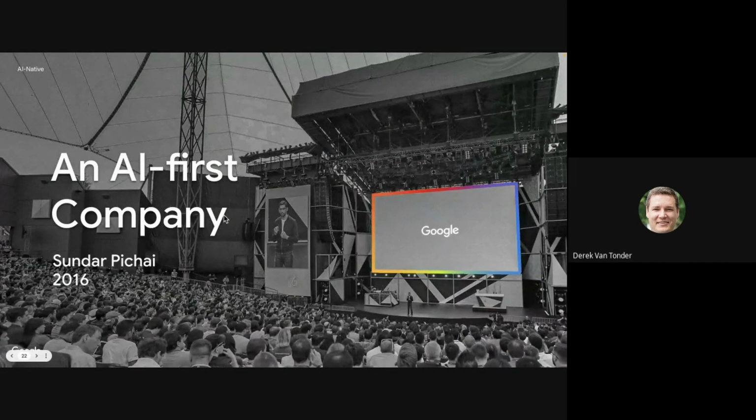Sundar declared Google is an AI-first company back in 2016, when mobile was still thriving. Because AI was powering all the products that you love and use every day. AI is helping answer 100 billion questions that our Google Search receives every day. And it also helps organize 500 hours of videos uploaded onto YouTube every minute and recommend the best video